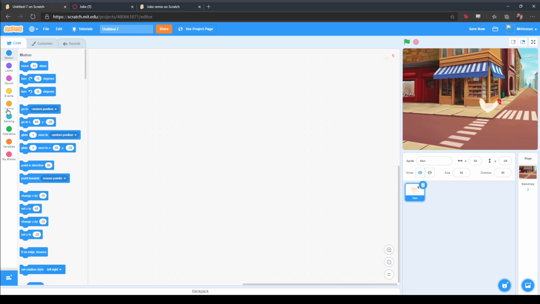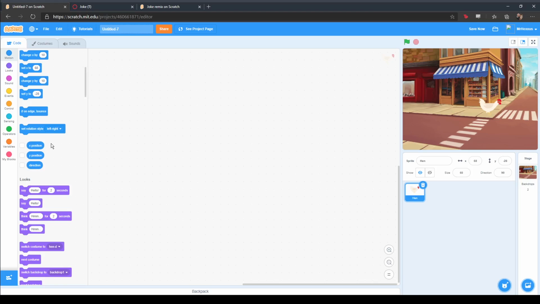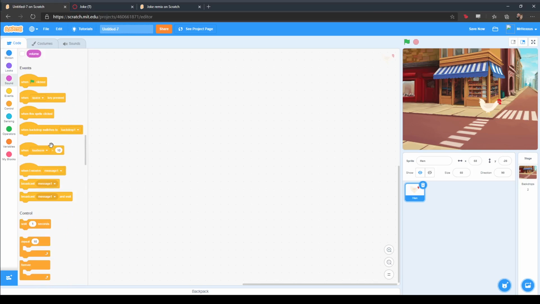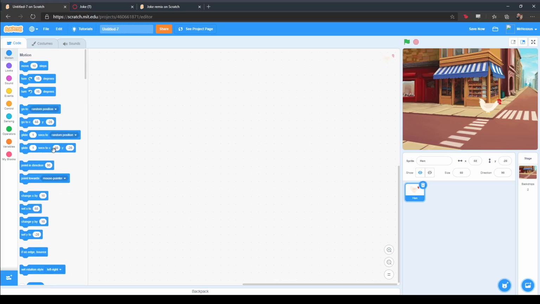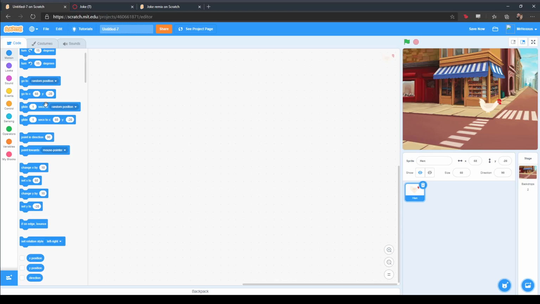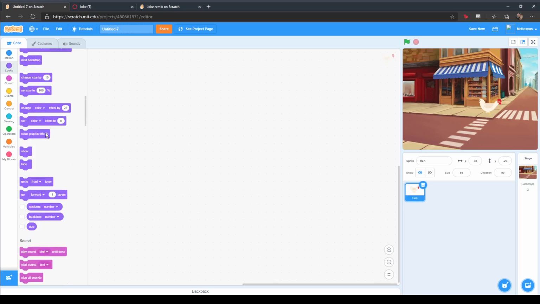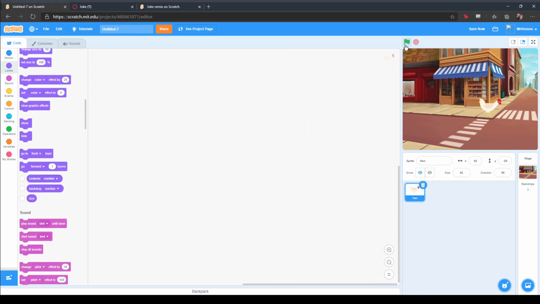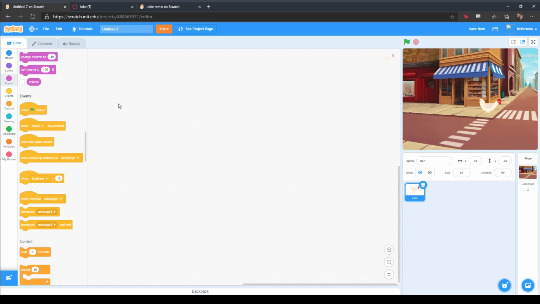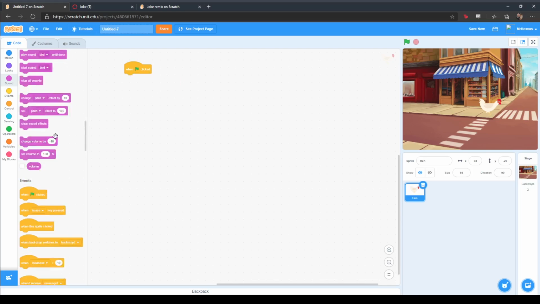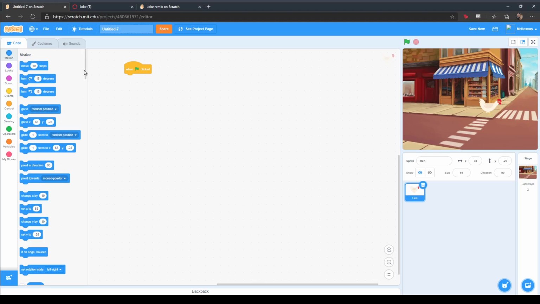So let's do on the left. This is going to be all of our code blocks. Okay, and there's a bunch of them. So don't get overwhelmed. You can just read them. If you want to know how to do something, just go through it. There's almost guaranteed one of these blocks will do what you want to do. And what I want is something that will kind of start my game. So I'm looking for the one that when I hit this flag, it's going to do something, which is right here. So when the flag is clicked, I want it to